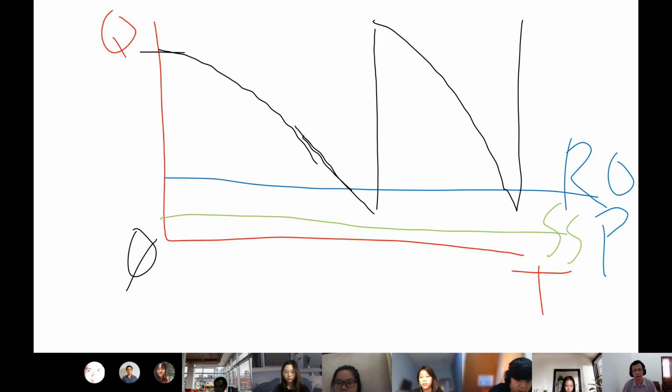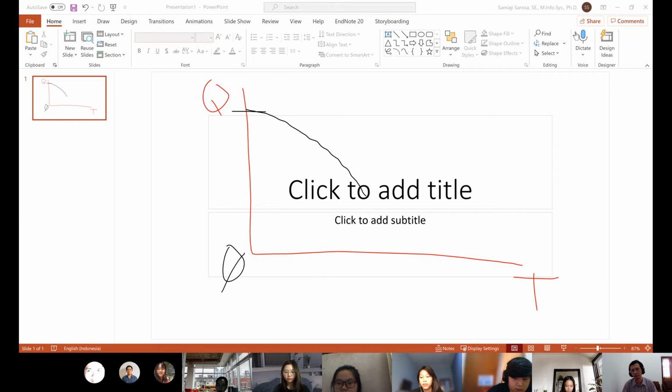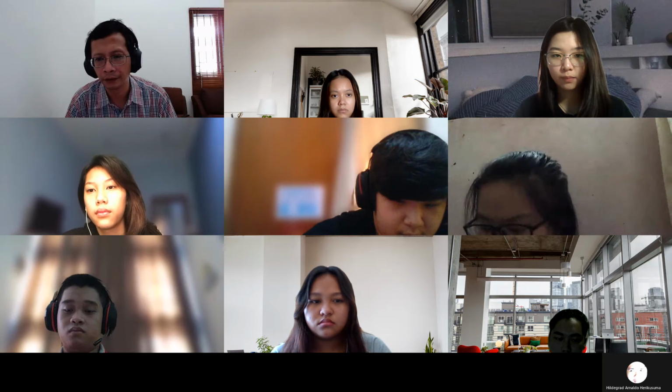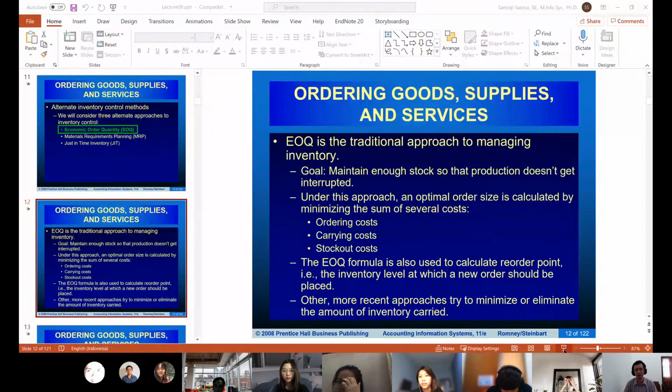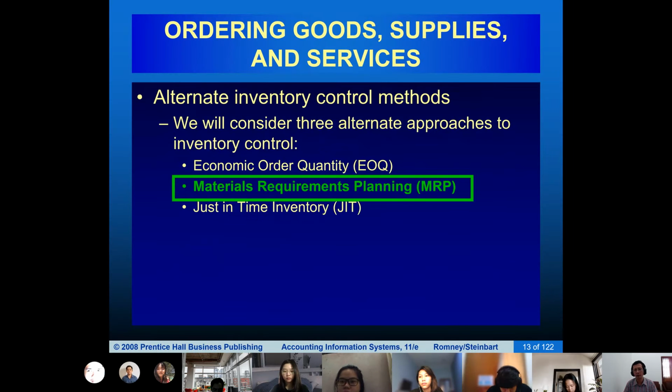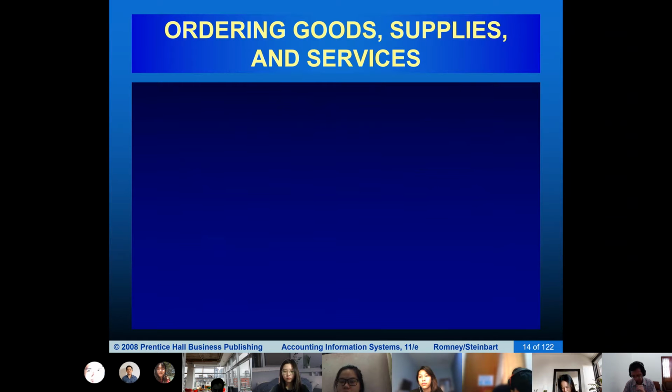That's why AOK needs to be changed. And how to change that? Using the next two methods, which are material requirements planning or just in time. Material requirements planning is used mainly by Western companies, while just in time was used by many Japanese companies, because just in time came from Japan, while material requirements planning came from Western countries like the US and Europe.